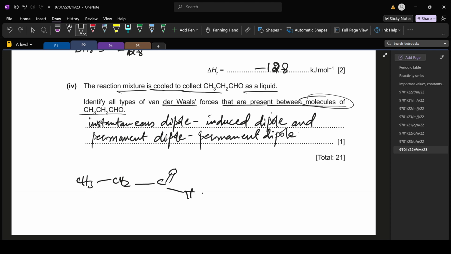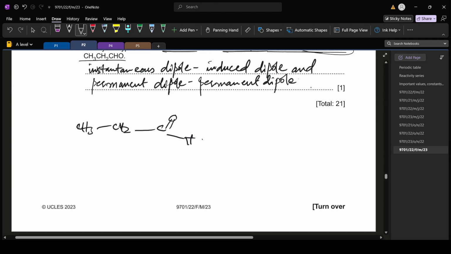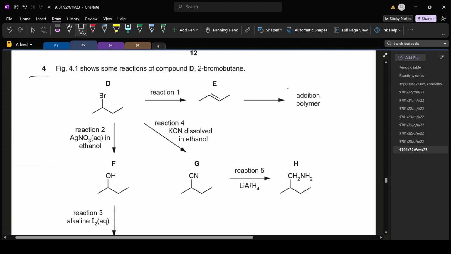Okay, now moving towards the next question, which is question number 4. This question number 3 was a big one, a total of 21 marks. Okay, now question number 4. Figure 4.1 shows some reactions of compound D, which is 2-bromobutane. Okay, so